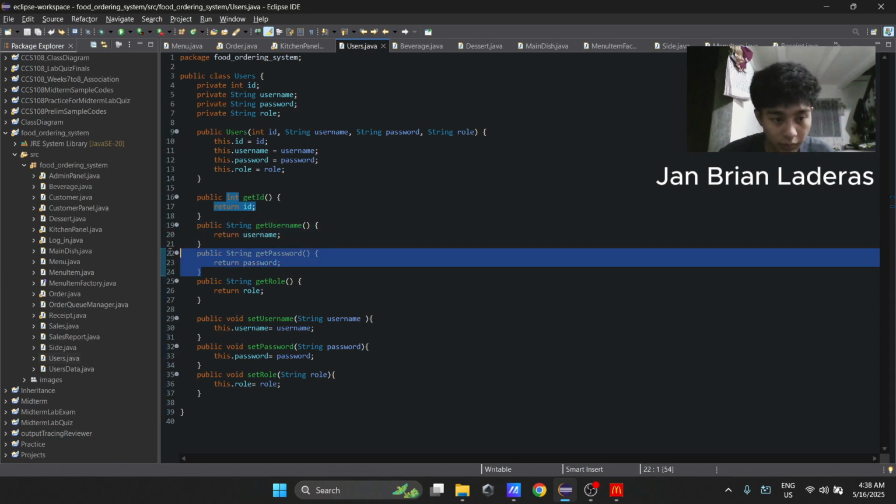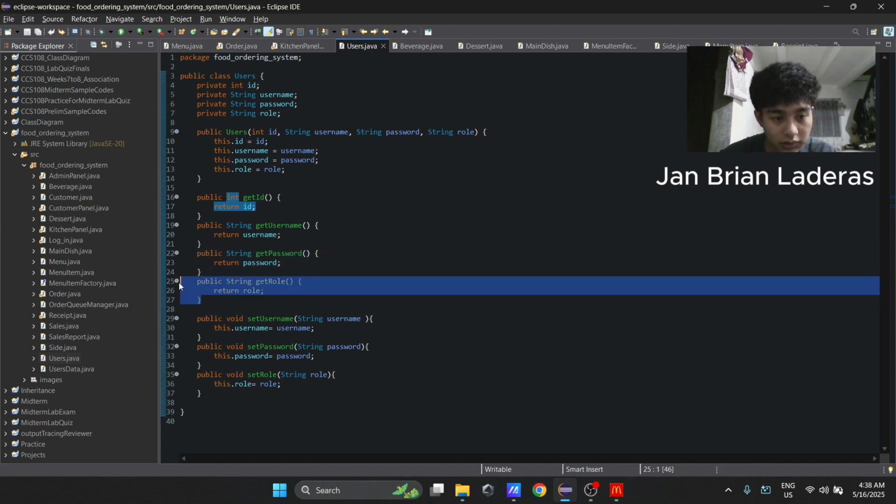And public string get password, getting the raw password, fine for a school project and unsafe for a real app. So public string get role, getting the role so the login screen can route users to the correct panel. Sorry.